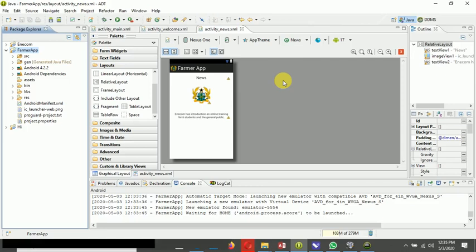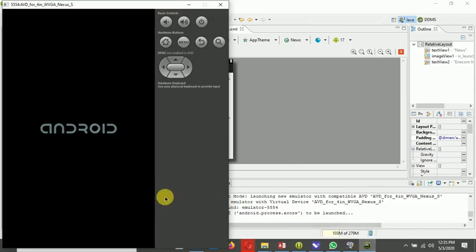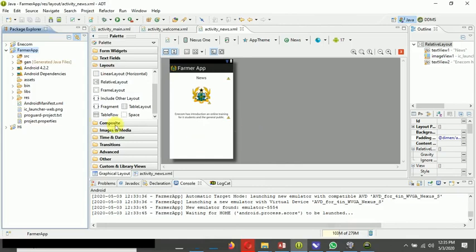Whilst we are waiting, let's go back and check our mobile phone whether it's finished or not. It's still loading, so we just have to wait a while. Now we've gone through a lot of processes for about 5 or 6 lessons. If you are calculating it, that may take you about 4 or 5 hours, which means you may need to repeat the lessons again. I've made it simple for you so that you may not get